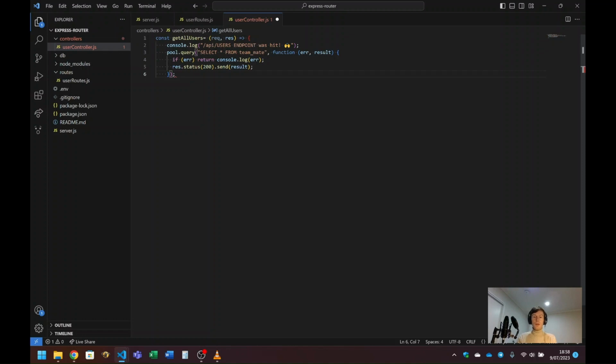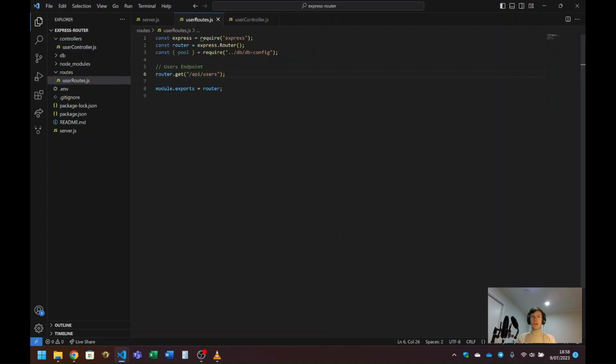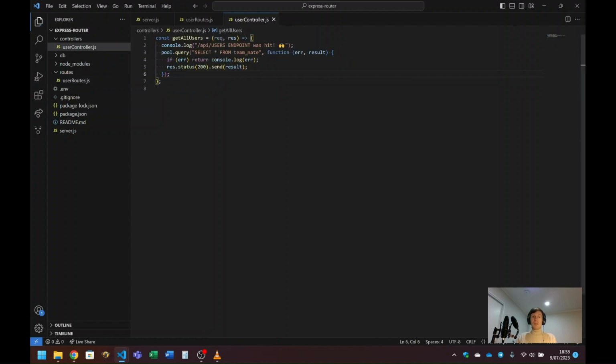And here, yeah. Okay. Great. So I've turned it into a function now called getAllUsers. I just need to pass this function in as the second argument for our get method. So how do I do that? Well, we're going to use our